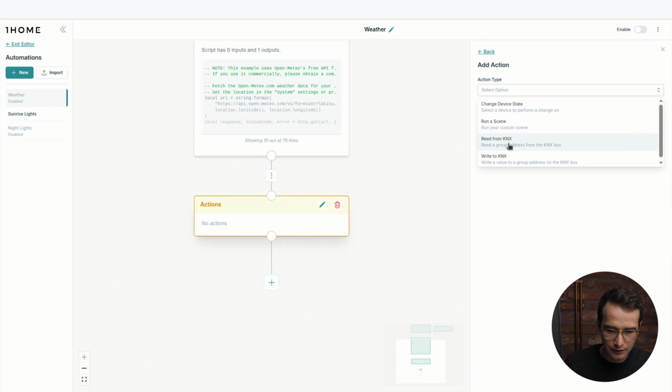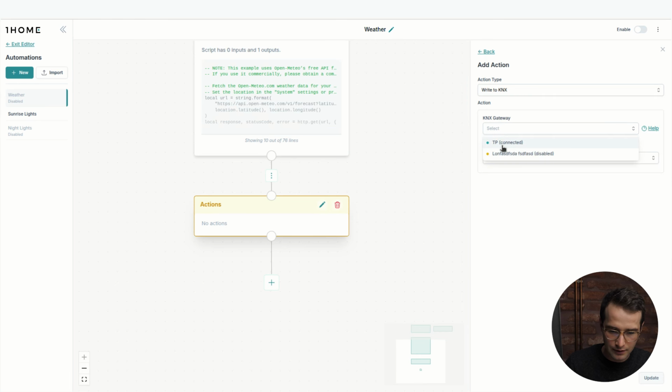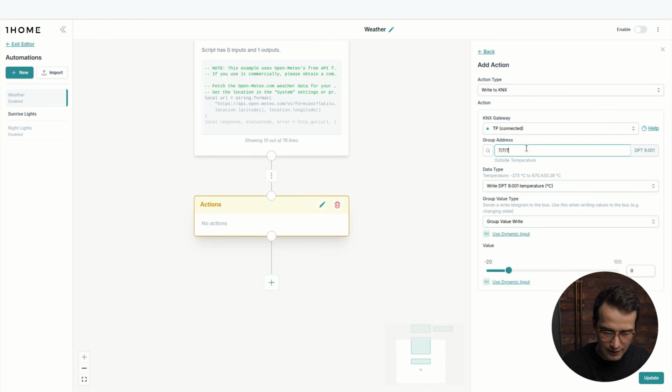We can then click write to KNX, select TP, select group address, in our case 777. Since I already have it in ETS, it automatically selects the correct DPT.